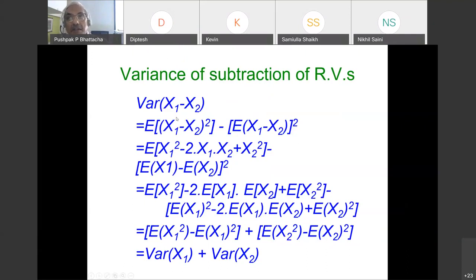So independent of the sign, the variance of the sum or subtraction of a set of random variables is nothing but the sum of individual variances. Okay, so an intuition for this should be built up. You should really think about why variances get added up while means get subtracted. Okay, this is a question which I think I have asked you before also. So keep reflecting on this, why variances are additive.